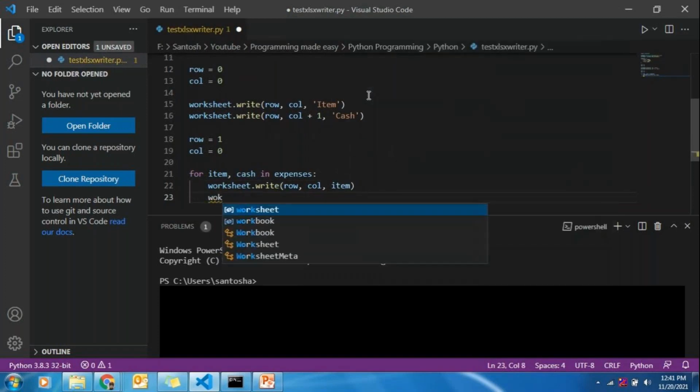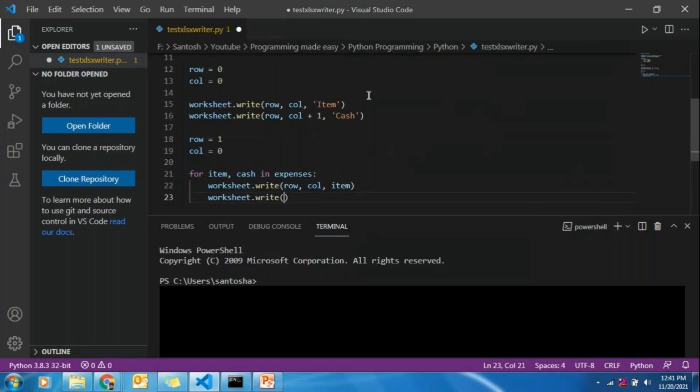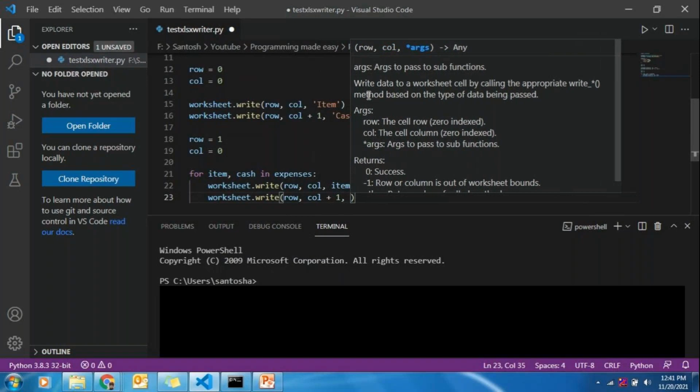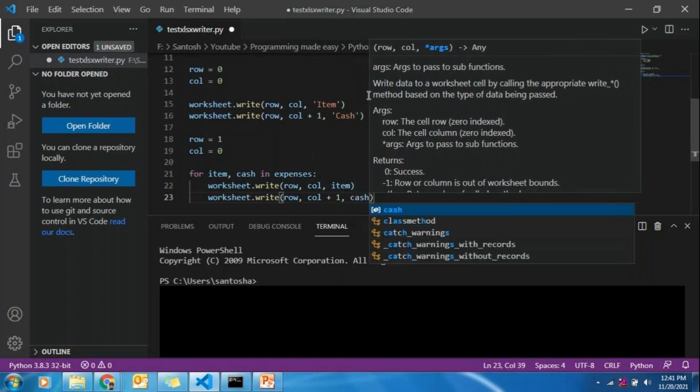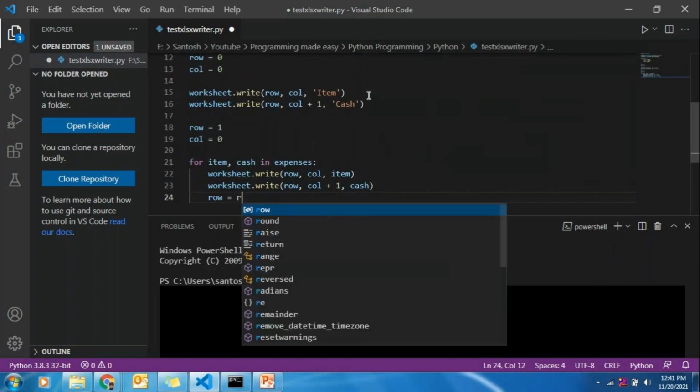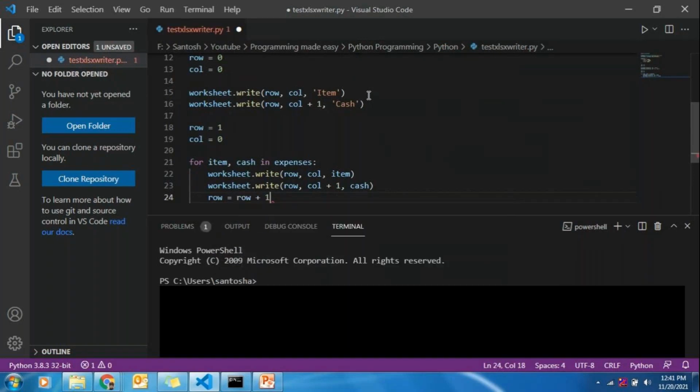Again worksheet dot write row comma column plus 1, that is cash. So don't forget to increment your row, because once we write in a particular row, we need to increment the row number.